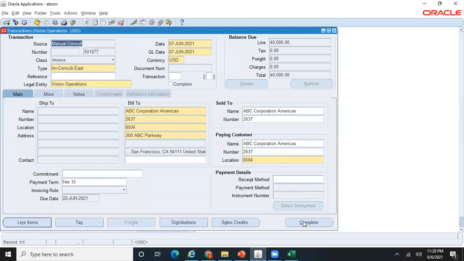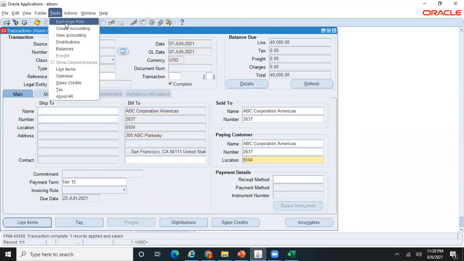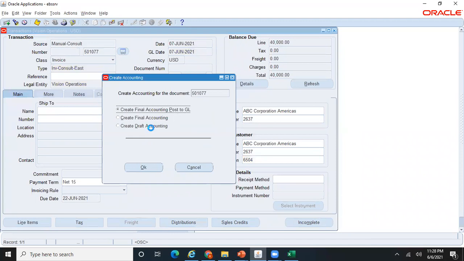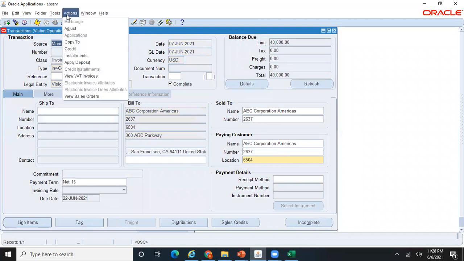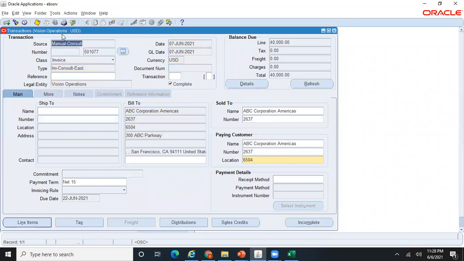Let me first complete the invoice. We run the draft mode. Okay, accounting has been successfully created for this transaction. Now let's see the view accounting.